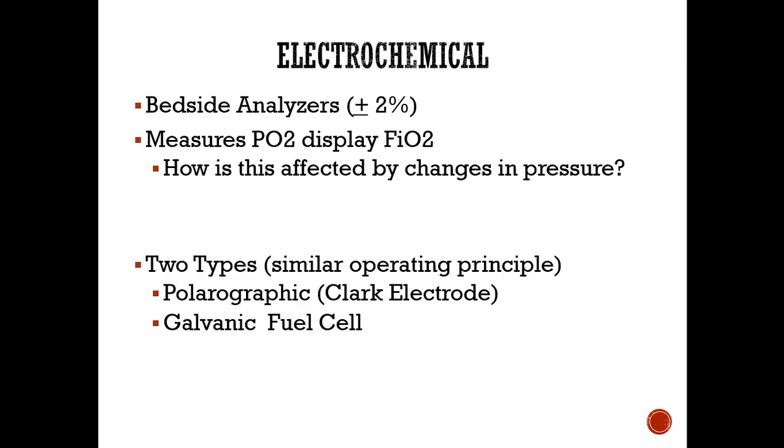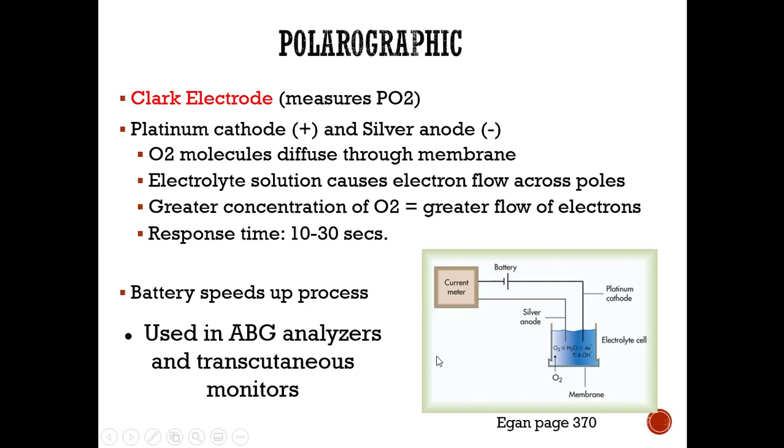Again, the two types of electrochemical analyzers that we're talking about are the polarographic, which tends to be referred to as the Clark electrode, and then the galvanic fuel cell, which is what we're probably going to end up having hands-on in lab with. So for the